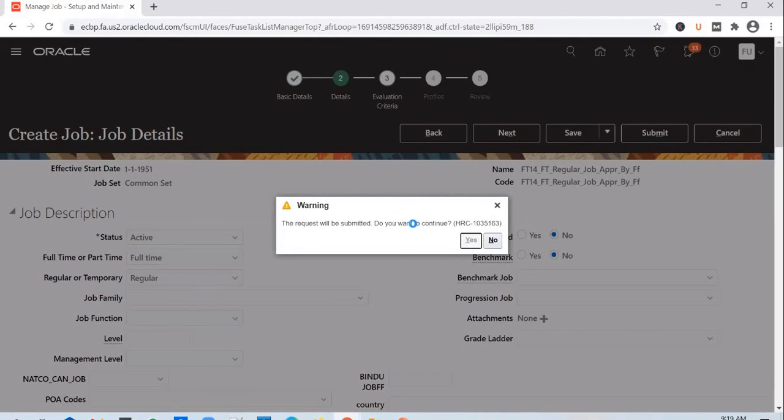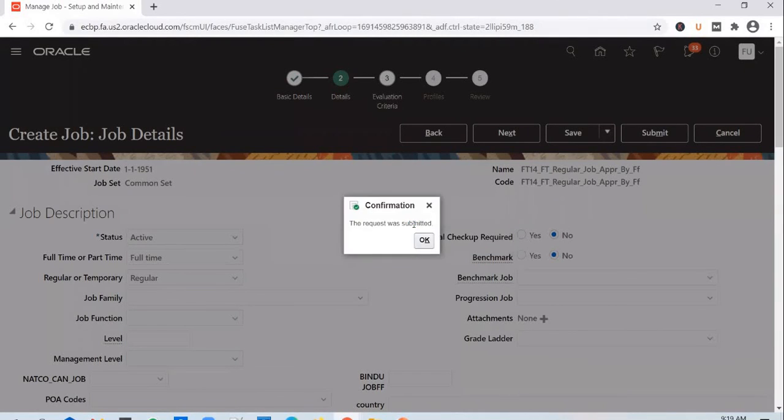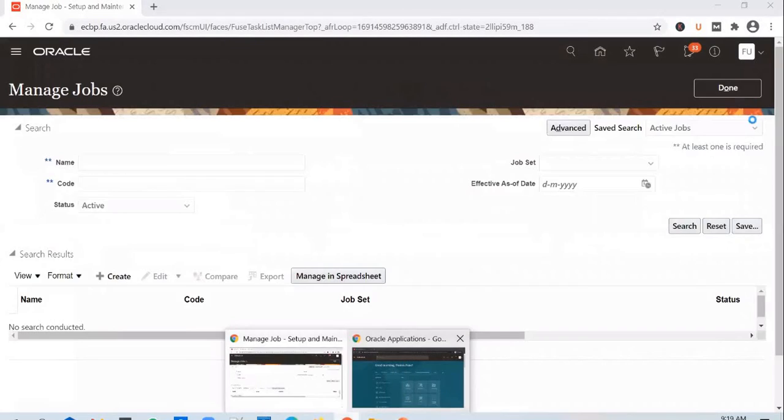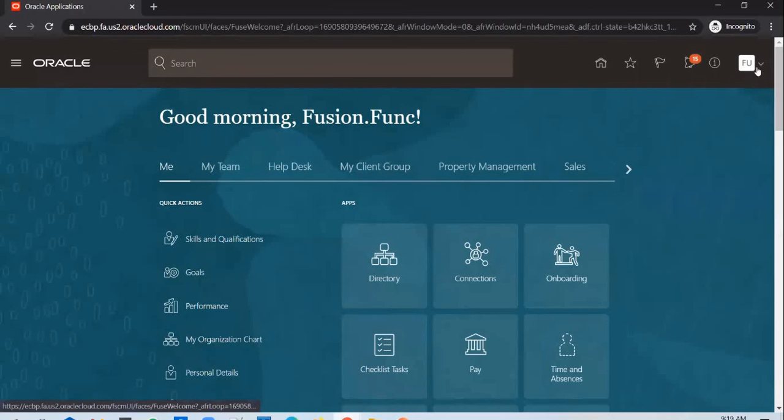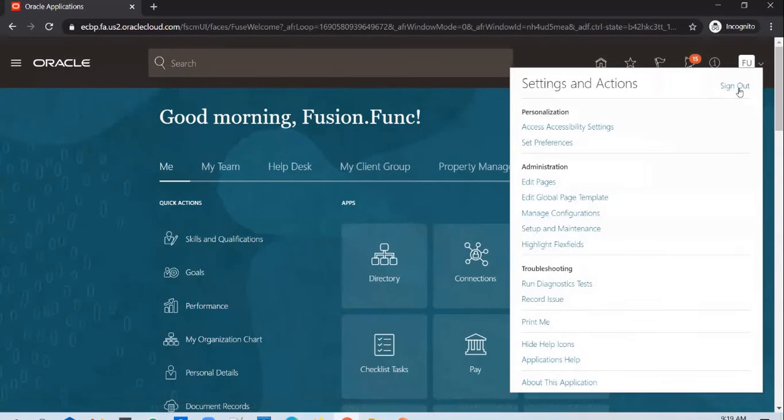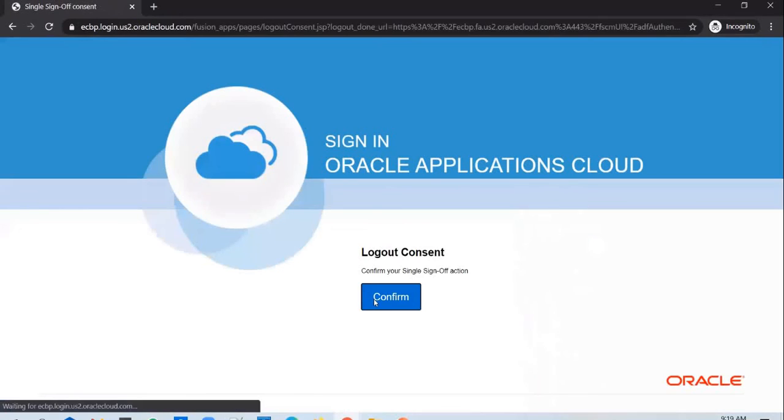It should not get auto-approved. So let's see if that works or not. Let's log out from this session as Fusion.Func user and log in back again.